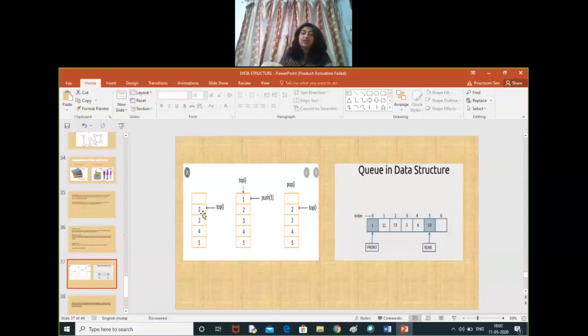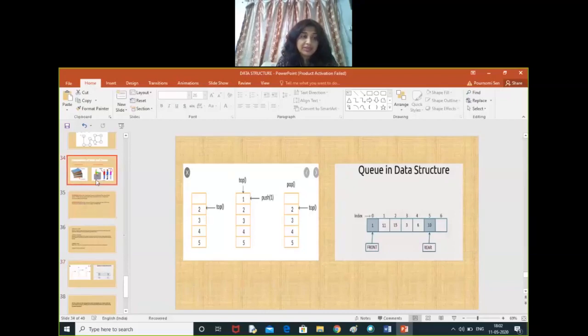Top is the position of the last inserted element. That means initially when the stack is empty, top is 0 or -1. When we insert one element, top is 1. When we insert the second element, top is 2. If we remove the second inserted element, top becomes 1 again. So top is the position of the last inserted element in a stack.